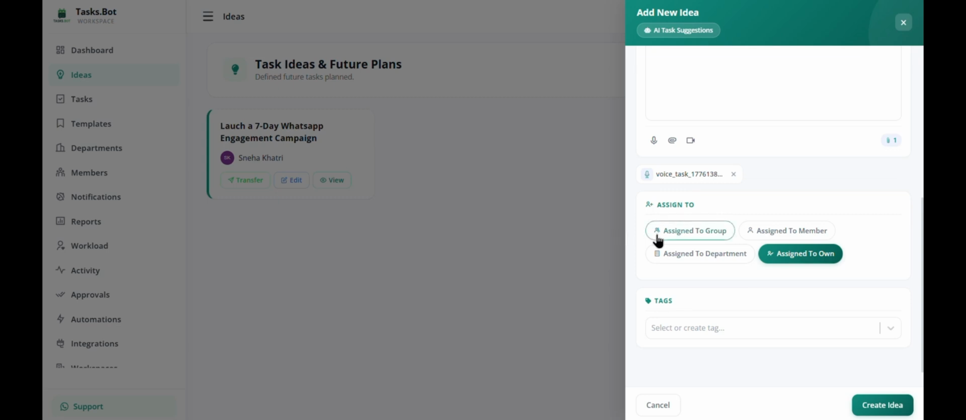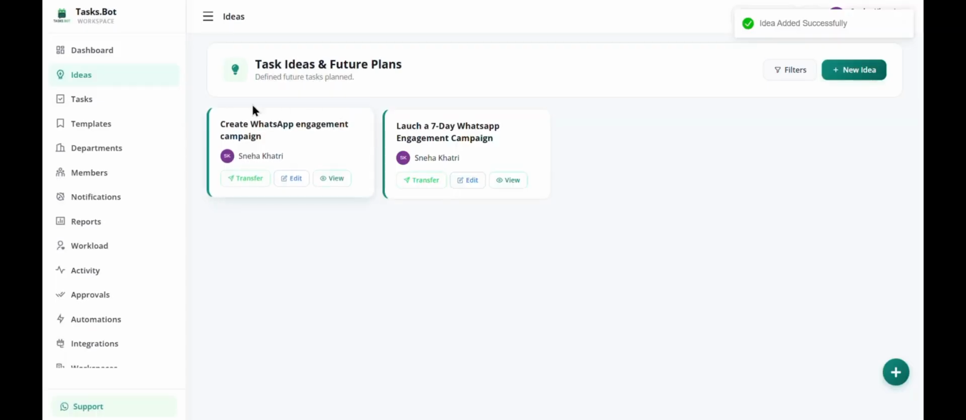Then you can assign it to a group member, assign to department, or yourself too. So this has automatically done to me, as I didn't mention anyone's name or anything. And then I will add a tag and then click on create idea. So you can see my idea has been captured. So this feature is especially useful when you want to quickly capture ideas on the go, ensuring that